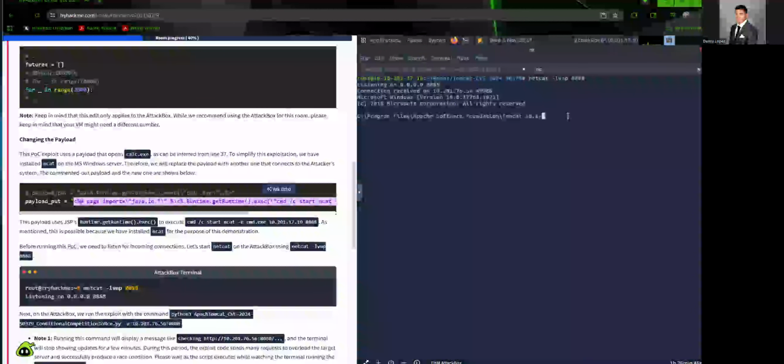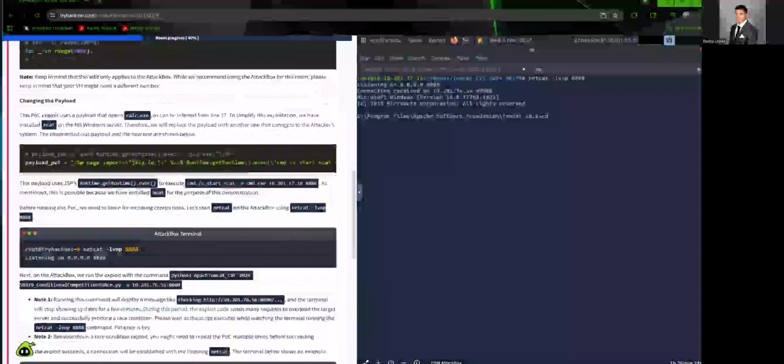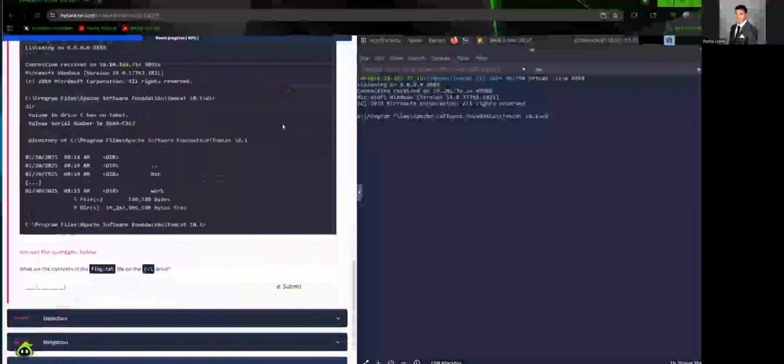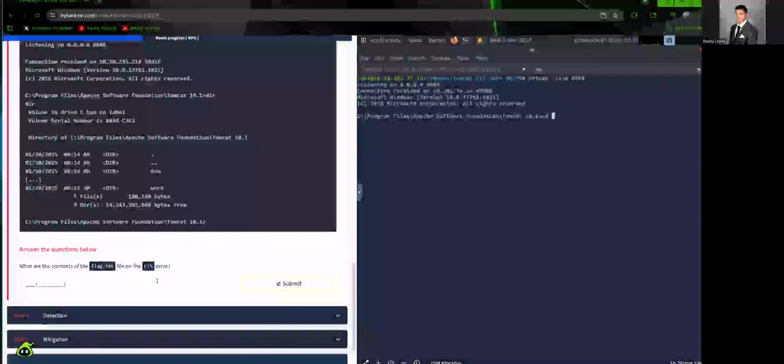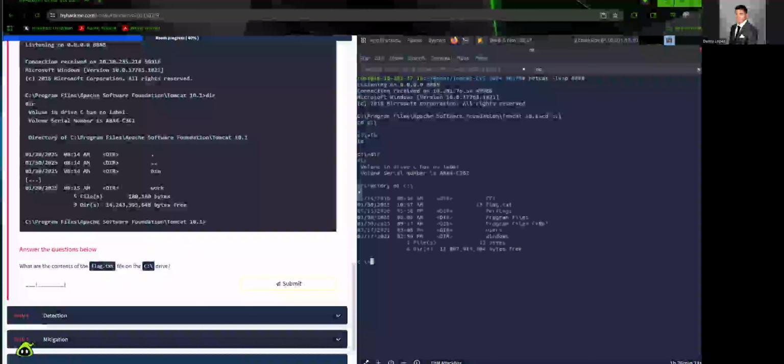Alrighty, we got the connection. So you can see here we're starting off in the Tomcat file there. Let's go ahead and cd to wherever the flag is. So where's the flag in this scenario? It's in the C location. So C, all right, ls. Oh, okay, dir.